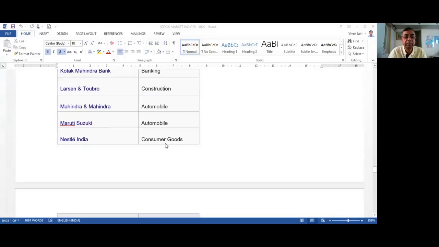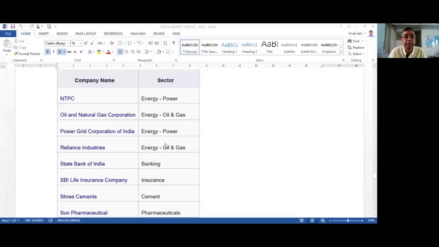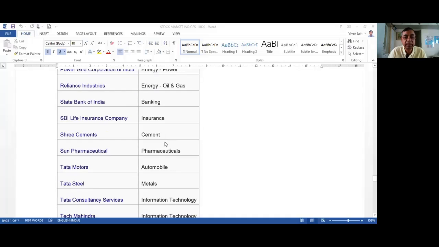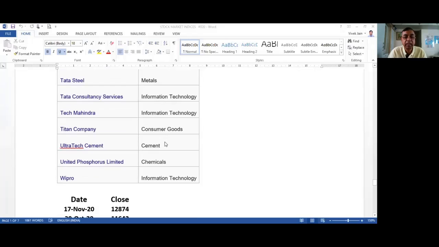Toubro, Mahindra and Mahindra, Maruti Suzuki, Nestle India, NTPC, ONGC, Power Grid Corporation of India, Reliance Industries, State Bank of India, SBI Life Insurance Company, Shree Cement, Sun Pharmaceutical, Tata Motors, Tata Steel, TCS, Tech Mahindra, Titan Company, Ultratech Cement, United Phosphorus, and Wipro. You must have observed and noticed that most of the 30 stocks of BSE Sensex are